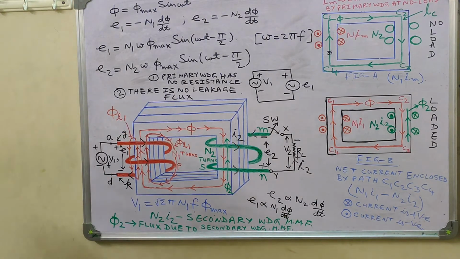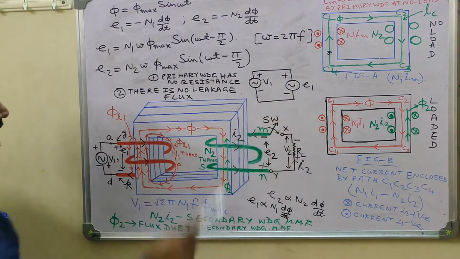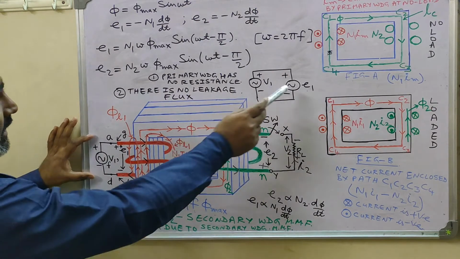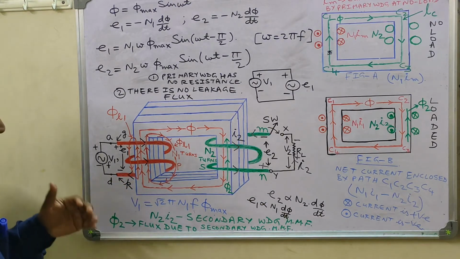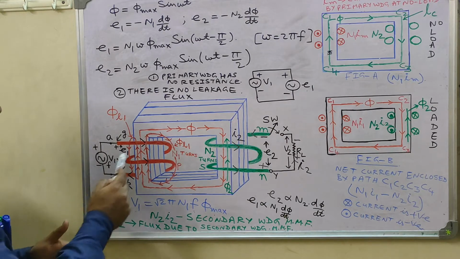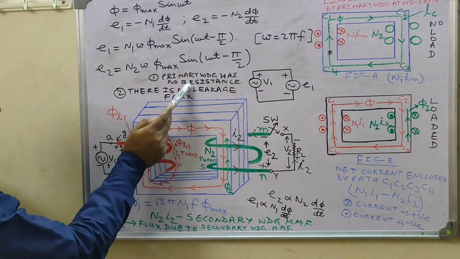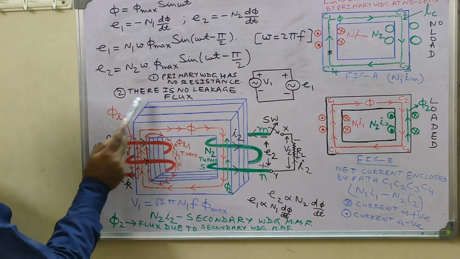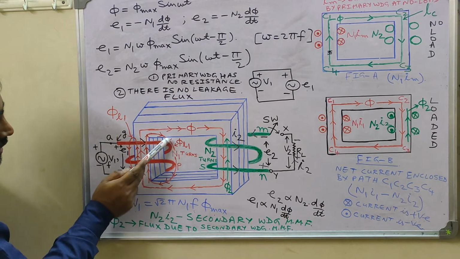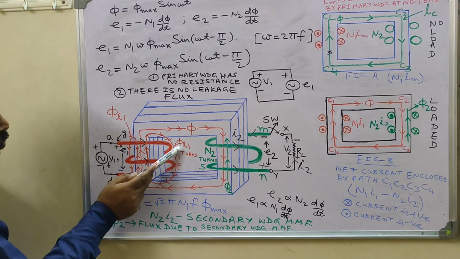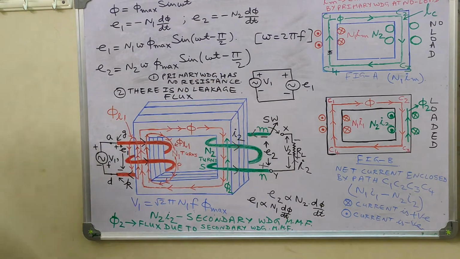So we are actually making these two assumptions when we are representing this thing by this equivalent circuit, that the applied voltage V1 is going to be opposed by induced EMF E1 in the primary coil P. EMF induced in the primary coil P is E1. So we are drawing this equivalent circuit on these two assumptions. Primary winding has no resistance, and the second is that there is no leakage flux. So this leakage flux phi L1 is assumed to be absent when we are drawing this particular equivalent circuit.